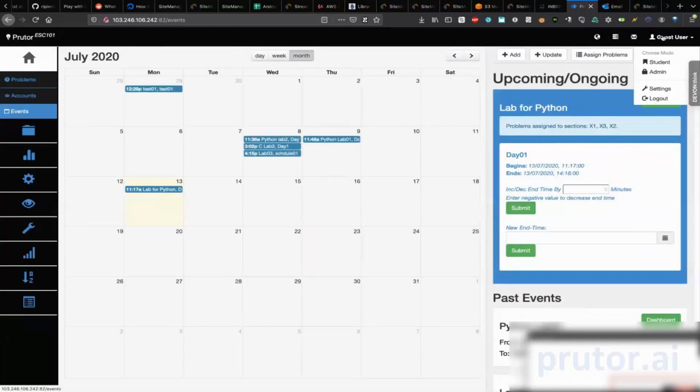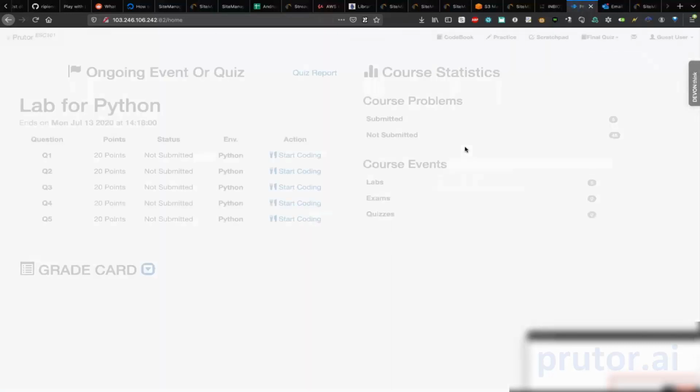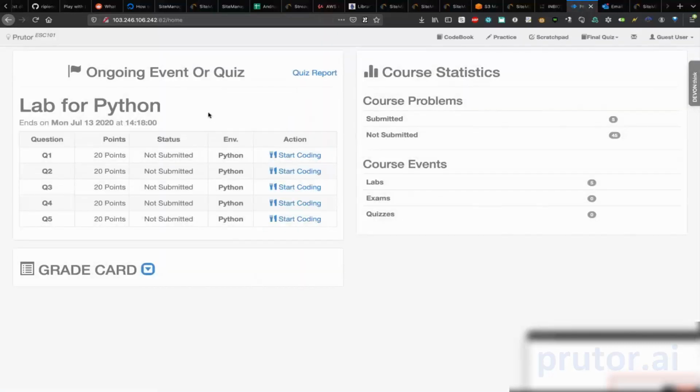Now, sir, I will go and log in as a student. Typically I'll have to log out and then log in as a student, but let me take a shortcut right now. The moment I log in as a student, I get this interface. There is nothing to install in this whole model, sir. Everything runs through the browser. As long as you have a browser, it works, and it can also run on a mobile actually. It is difficult, but it can still run on a mobile.